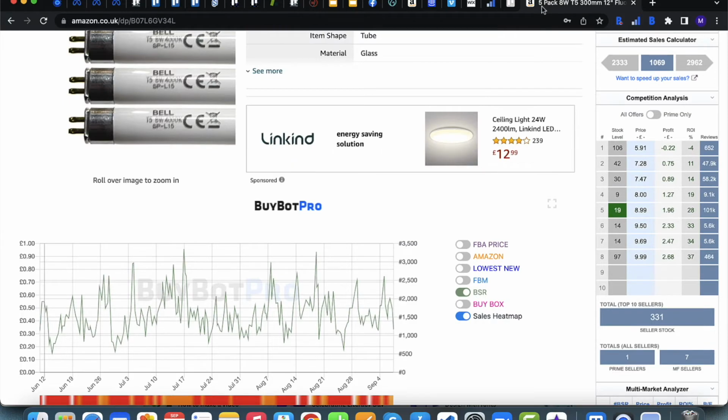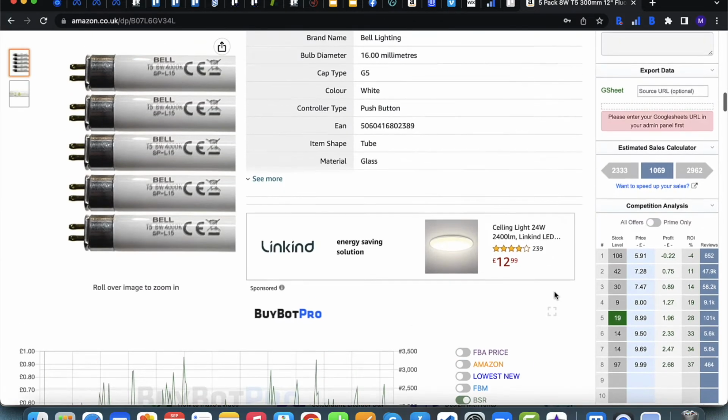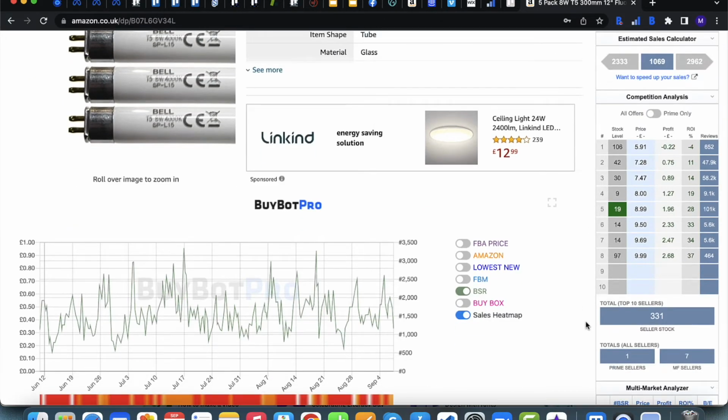Now you've got something like this, which is a little bit of the opposite. So you've not even got 10 here, you've got 8 sellers in total, and 7 out of the 8 are merchant fulfilled. So if you are an FBA seller, you could probably go for a balance strategy, or if you're happy to wait to get the buy box potentially, you could go for a more passive strategy, one that's more profit focused, as once it does get the buy box, it will try to achieve your maximum price.